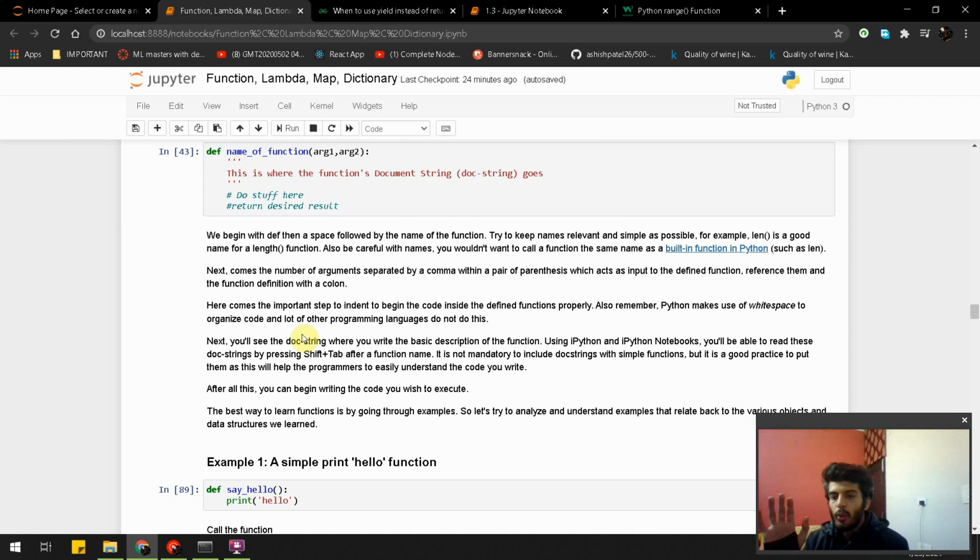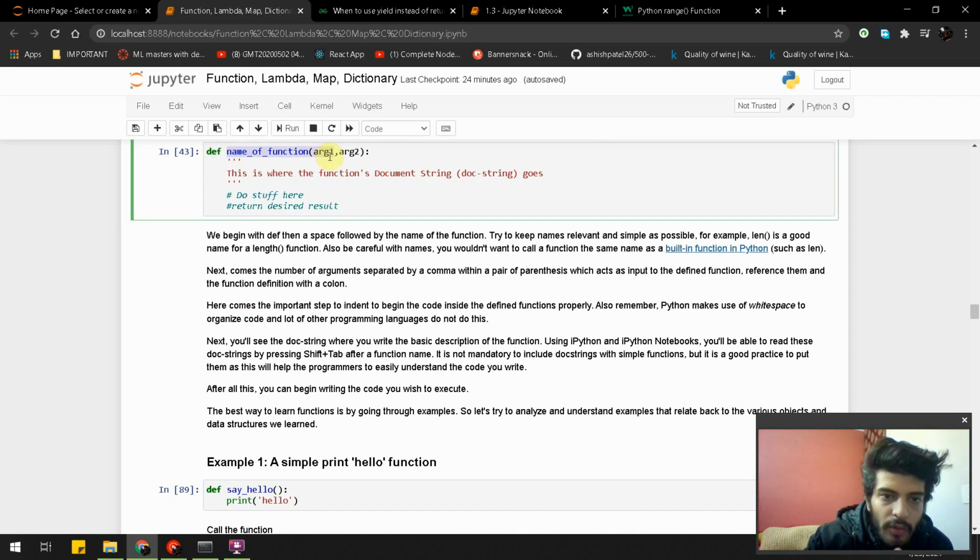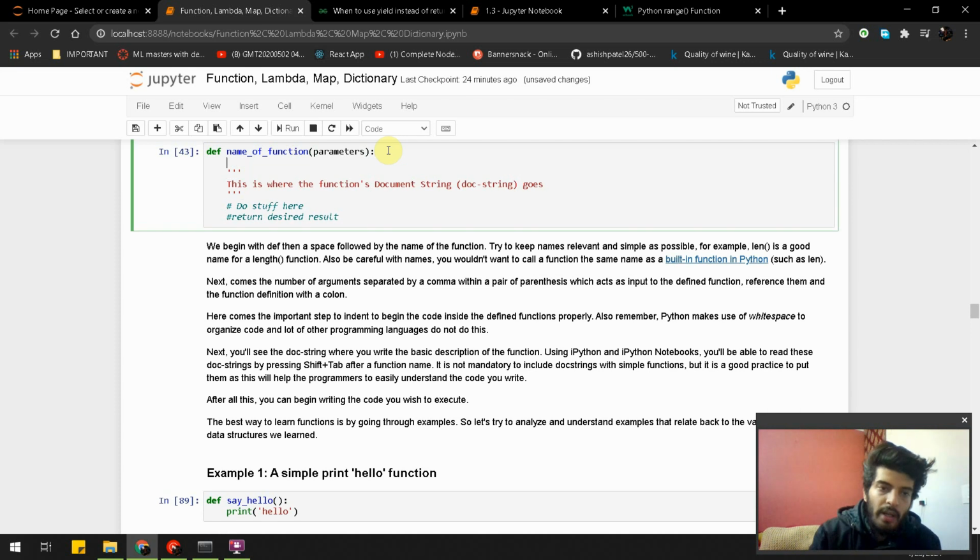Functions are really easy to use in Python. def, this is the syntax of the function. You just need to put def and the name of the function and parentheses, and you don't need to put two arguments. You can work on one argument, you can put only one. This is where we will put an argument, actually parameters. And you need to put this colon, and then press enter. And please keep in mind, you need to put indentation at the right place.